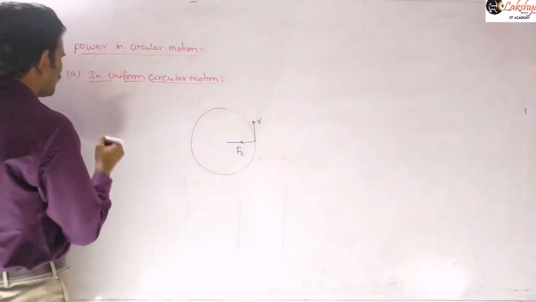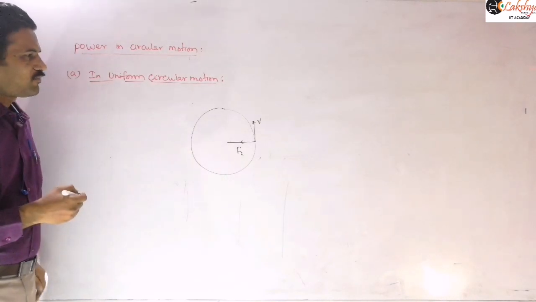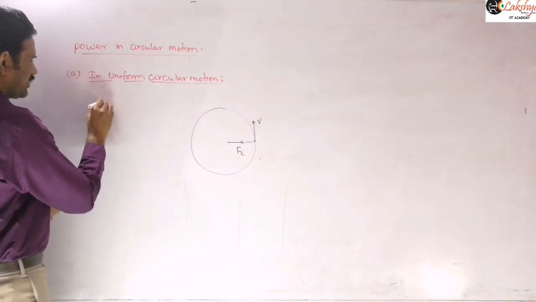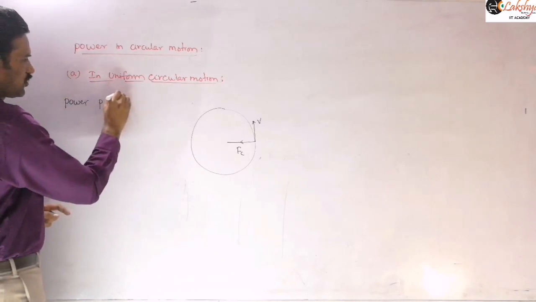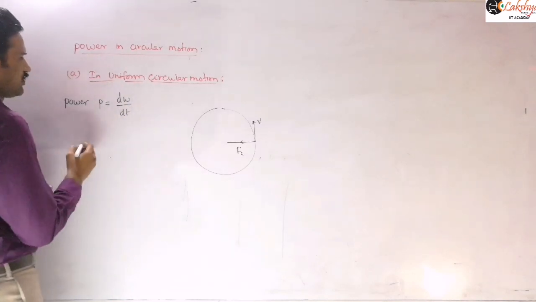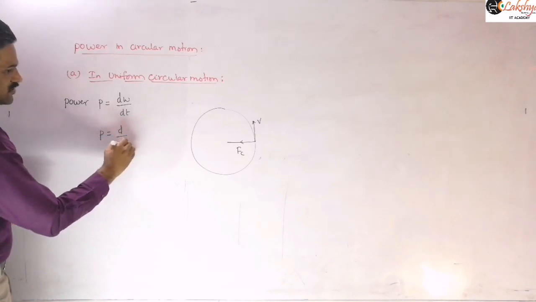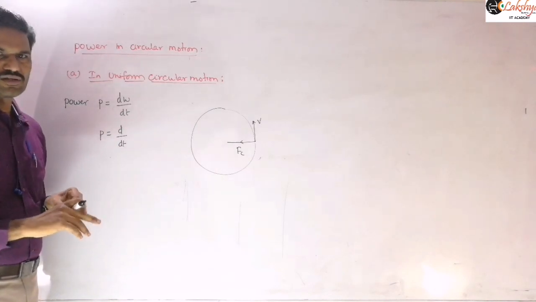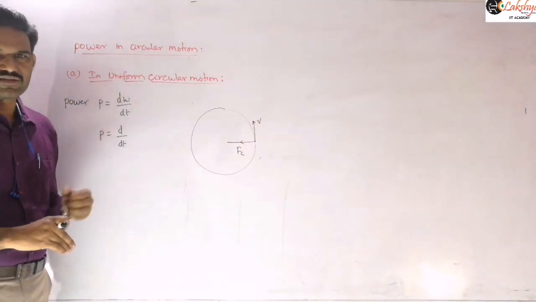Now let us write the power here. You may mention the definition of power. Power is defined as the rate of doing work. Therefore, this power P is equal to dW by dt, you can write, right? These basic definitions we already introduced in the topic of vectors, dot product and cross product. In the applications of this dot product, you will get this power.